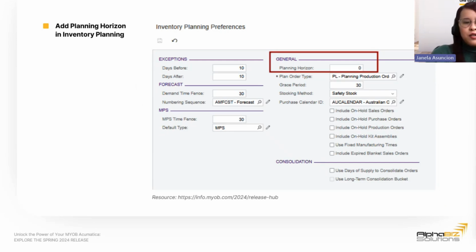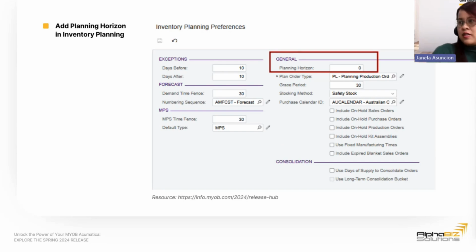All right, moving on. There is also another feature about adding a planning horizon in your inventory planning. Initially, this is by default set as 0. So it means that when you generate your inventory plans, it includes everything without considering any additional days. So how does the inventory planning horizon field affect your MRP?